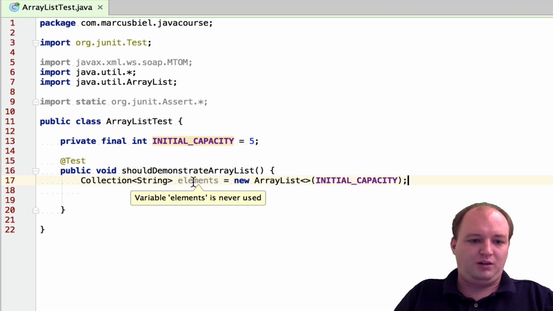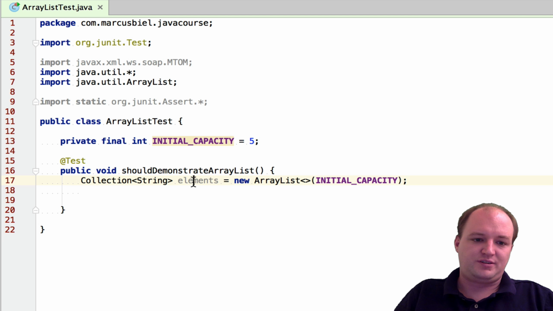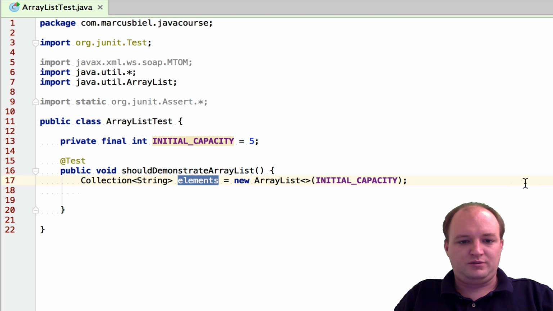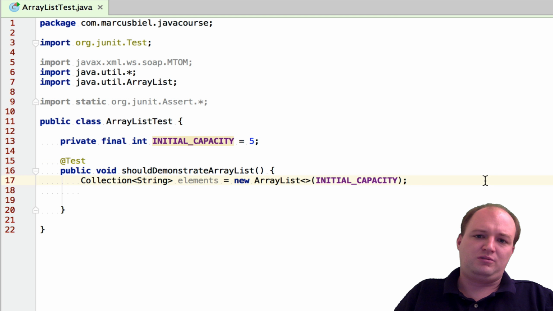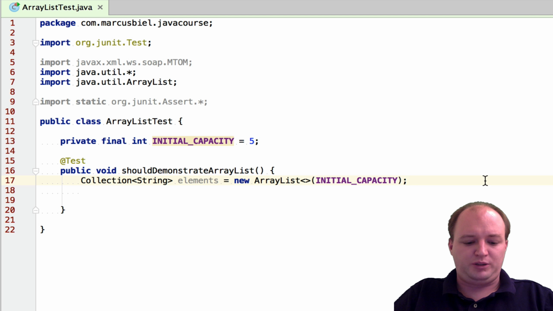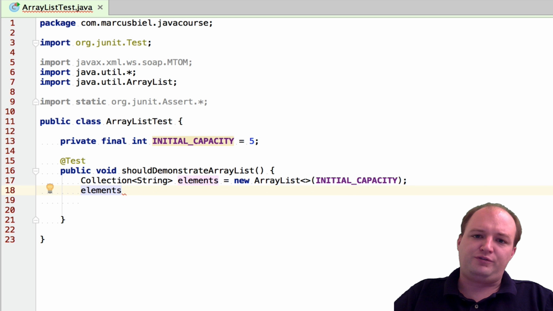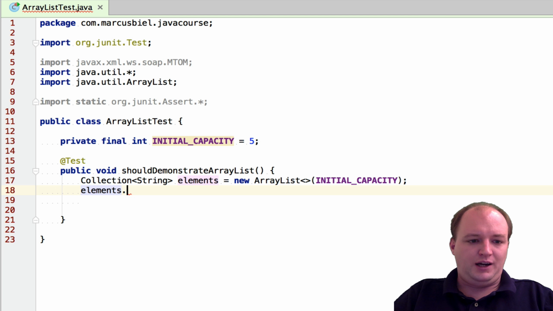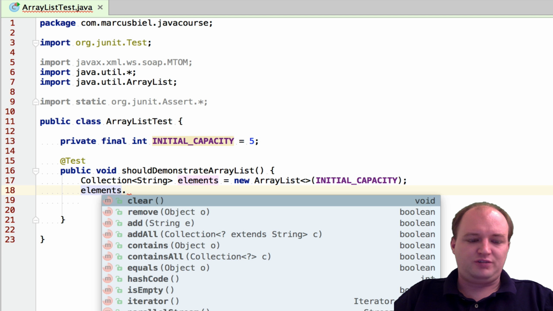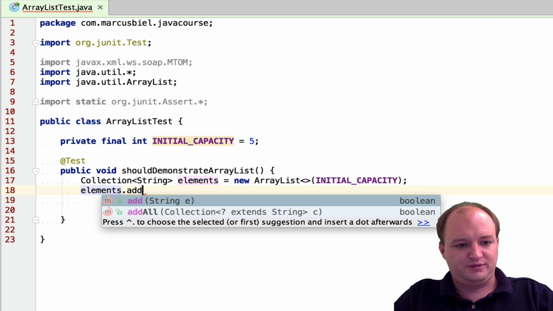Okay, but now let's already start using some methods. I'm not going to properly program something, but we're just playing around with the methods so you get a better feeling of what ArrayList is all about. And as this is now a collection reference variable, of course you'll only see all the methods of the collection interface. And we'll start simple with add.